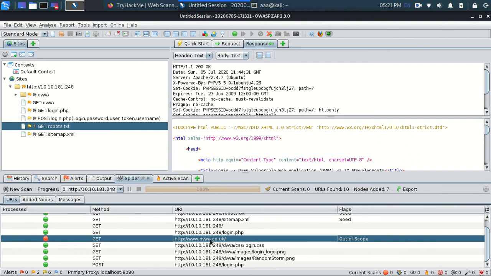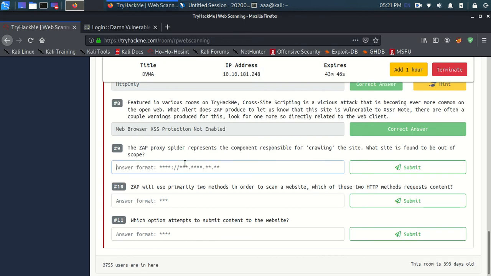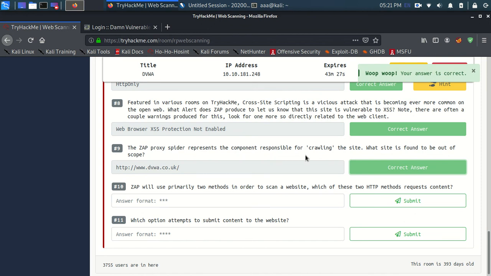I can't copy it maybe. So the answer is the format of HTTP. Okay, so yep, this is out of scope. You can clearly see out of scope.